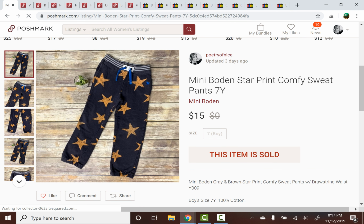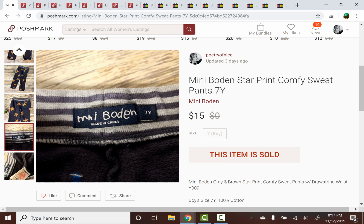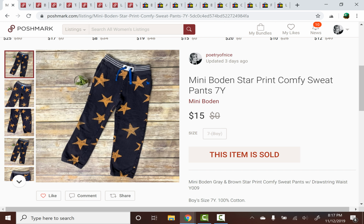These sold super quick. These were in one of my last hauls. Mini Boden, which is a kids brand. I'll go ahead and show you that label right here. These were just a pair of boys 7-year-old pants, just a really nice sort of star graphic, kind of like sweatpants, if you will. They had 5 watches on eBay within 2 days and several likes on here, and then someone offered me 15. I think I had them listed at 25,